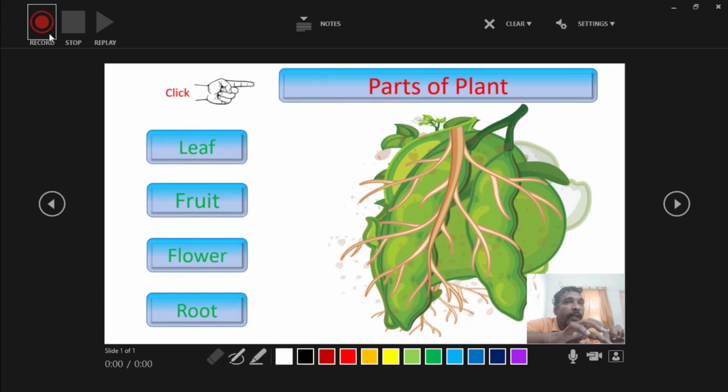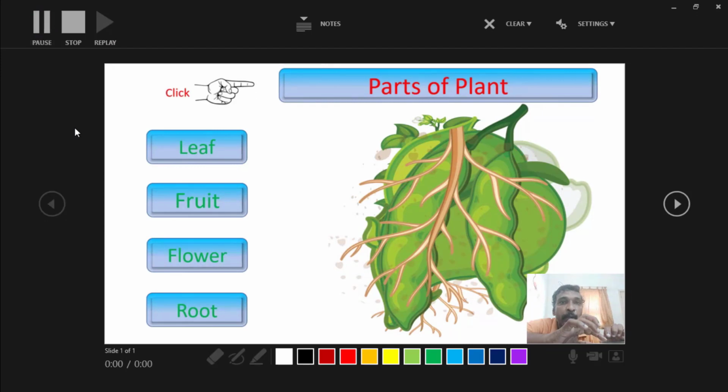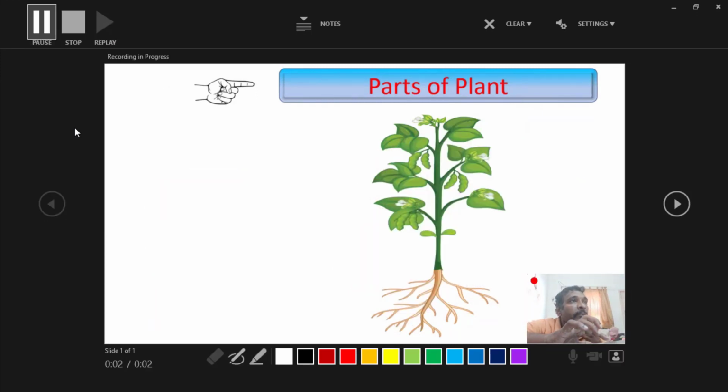I click on the record button. When I click on the record button, it takes some time to start both video and audio. Now both of the things are enabled. If you describe anything about this particular slide, your audio and video will be recorded in the slide itself.